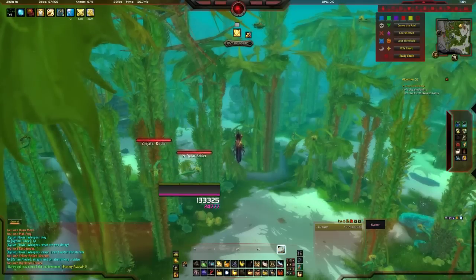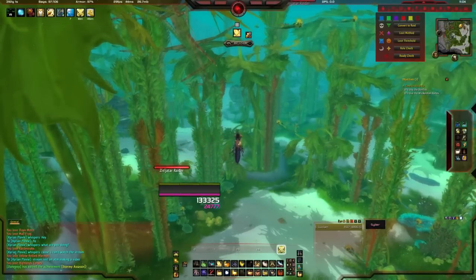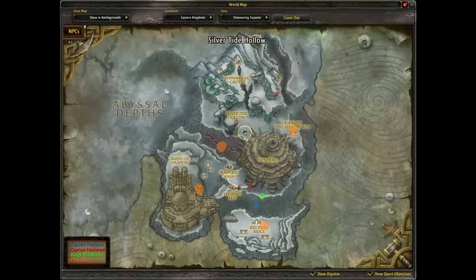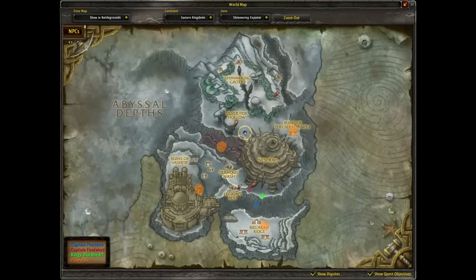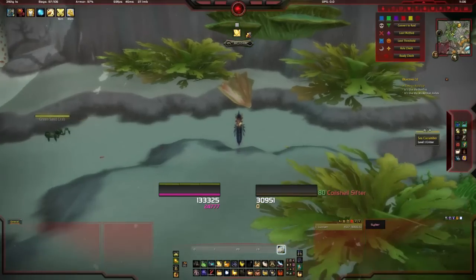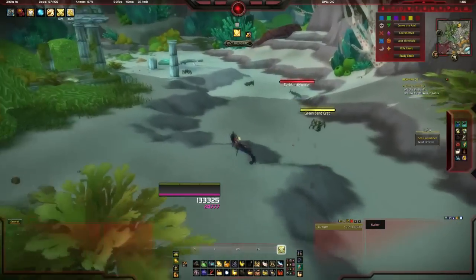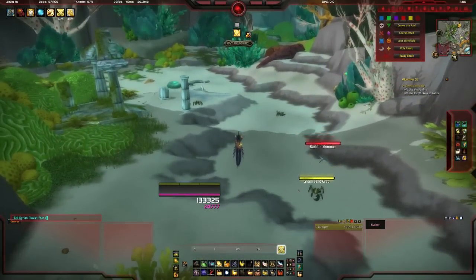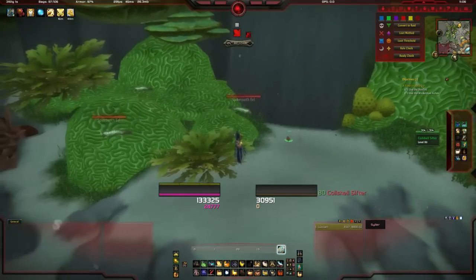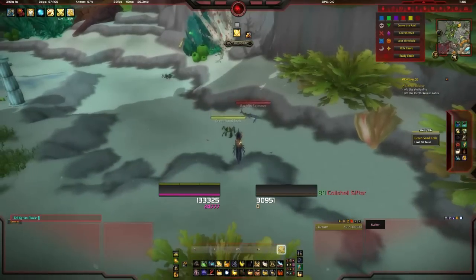So the first, well, both of them are in the Shimmering Expanse. So we want to head there, and you want to head to Silvertide Hollow. And if you head straight down to the bottom, you will find the Sea Cucumber, which is lurking around here somewhere. And we'll also find the Rock Snail,